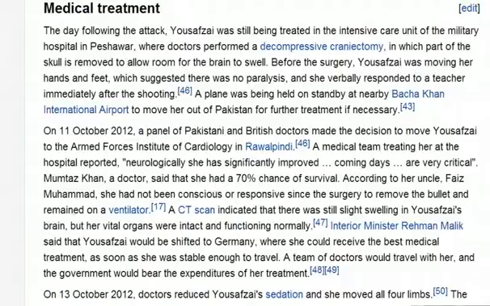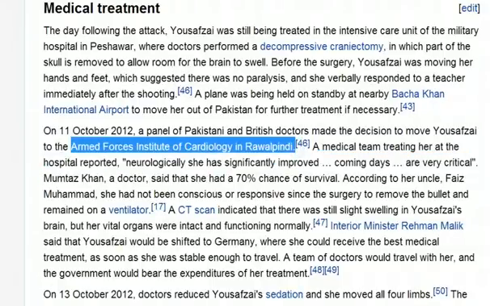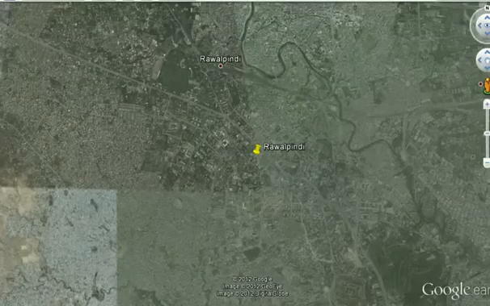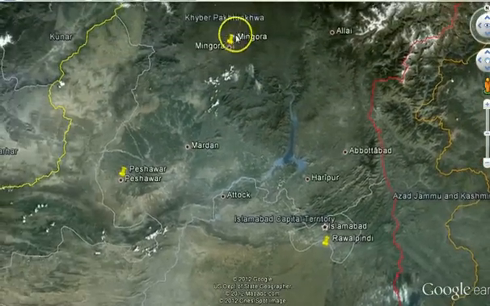And if we go for a second back to the Wikipedia article about Malala, this is how I found some of this out, that she was being treated at the military hospital in Peshawar, and she was doing okay, and they had a plane ready to move her out of Pakistan if they had to, but then they brought her to the Armed Forces Institute of Cardiology in Rawalpindi. And so I had never heard of Rawalpindi before, but if we go to this overview height, you can see, okay, so this girl in Mingora